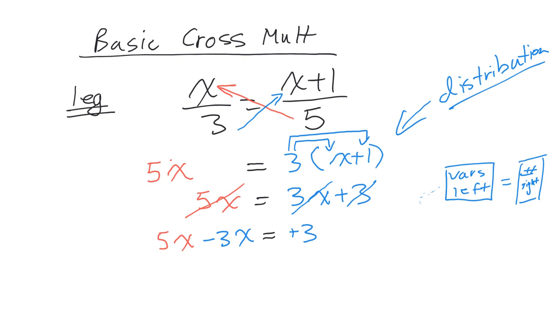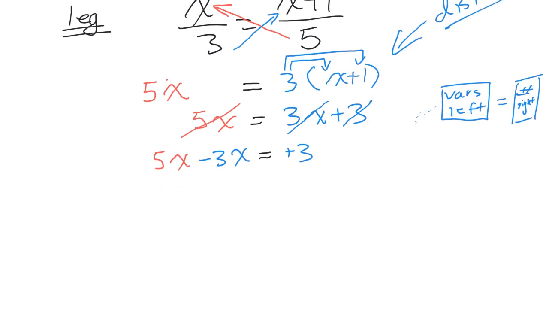So now, all we have left to do is collect our like terms. And our like terms are, on the left here, 5x minus 3x, which gives us 2x is equal to 3. Oh my goodness. So the last stage of solving this would be to divide both sides by 2, like what we normally did. And we end up with our x equaling,